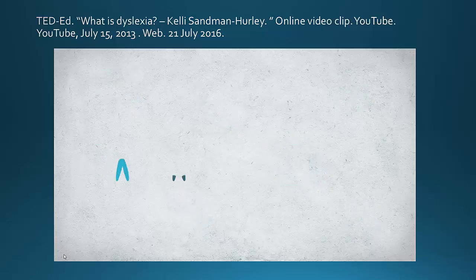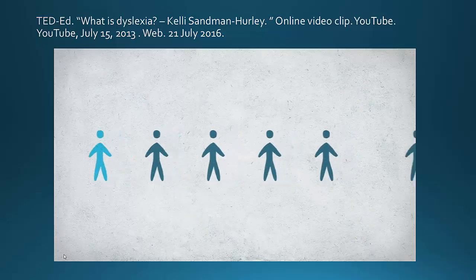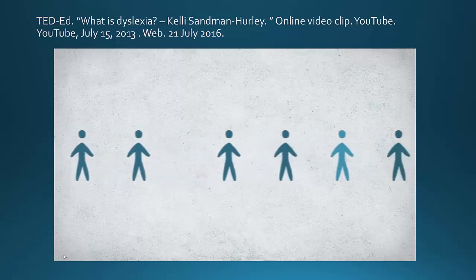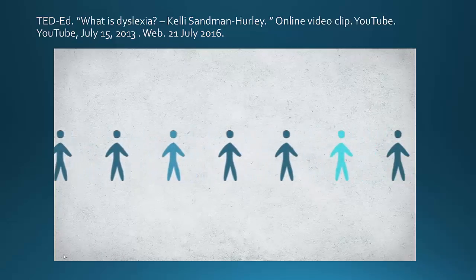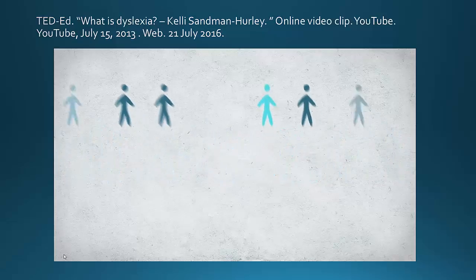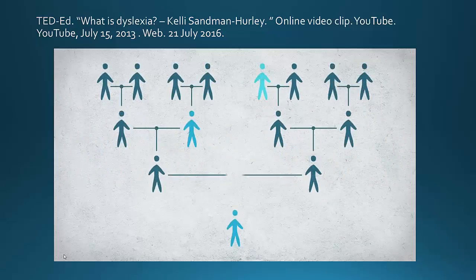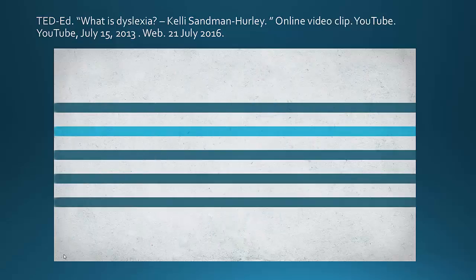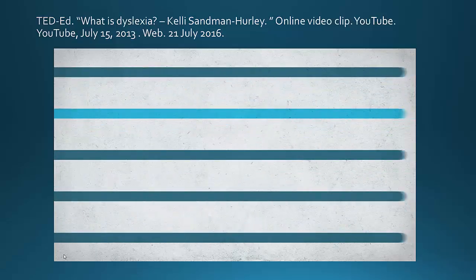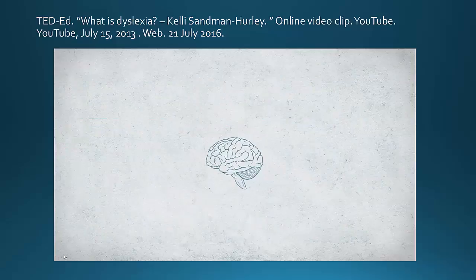Dyslexia affects up to 1 in 5 people. It occurs on a continuum. One person might have mild dyslexia, while the next person has a profound case of it. Dyslexia also runs in families. It's common to see one family member who has trouble spelling, while another family member has severe difficulty decoding even one-syllable words like catch. The continuum and distribution of dyslexia suggest a broader principle to bear in mind as we look at how the brains of those with dyslexia process language.